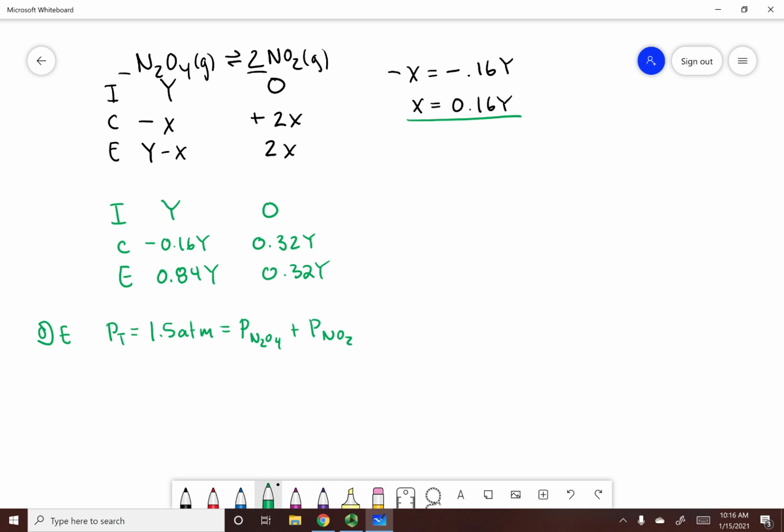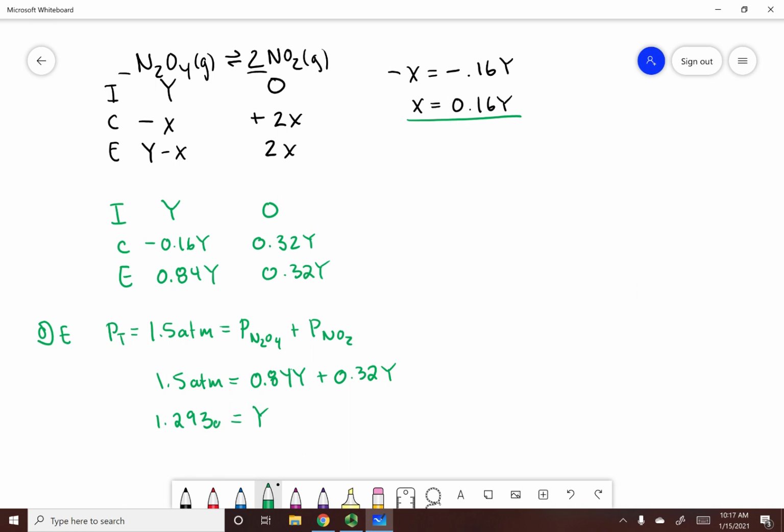And we just found an expression for each one of these pressures. The pressure of N2O4 is 0.84 Y, and the pressure of NO2 is 0.32 Y. And this all equals 1.5 atm. And so now what I can do is I can solve for Y. In this case, Y equals